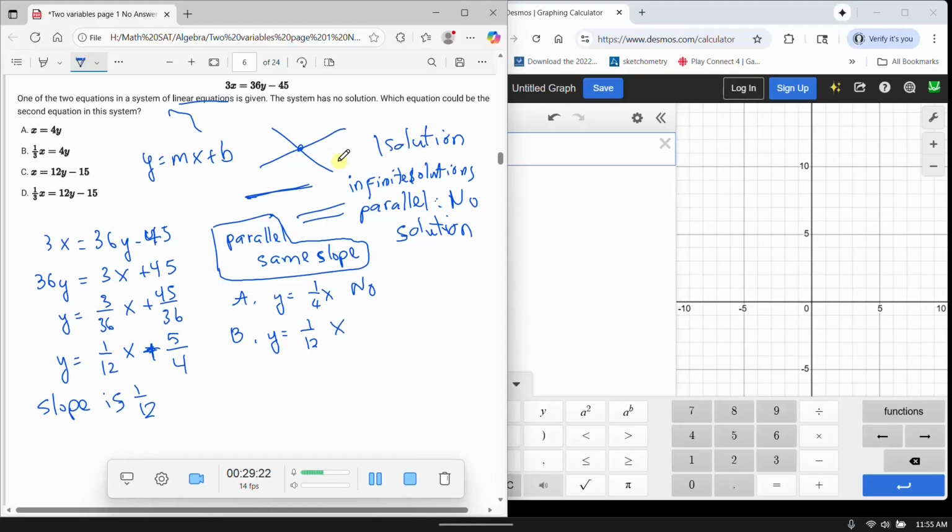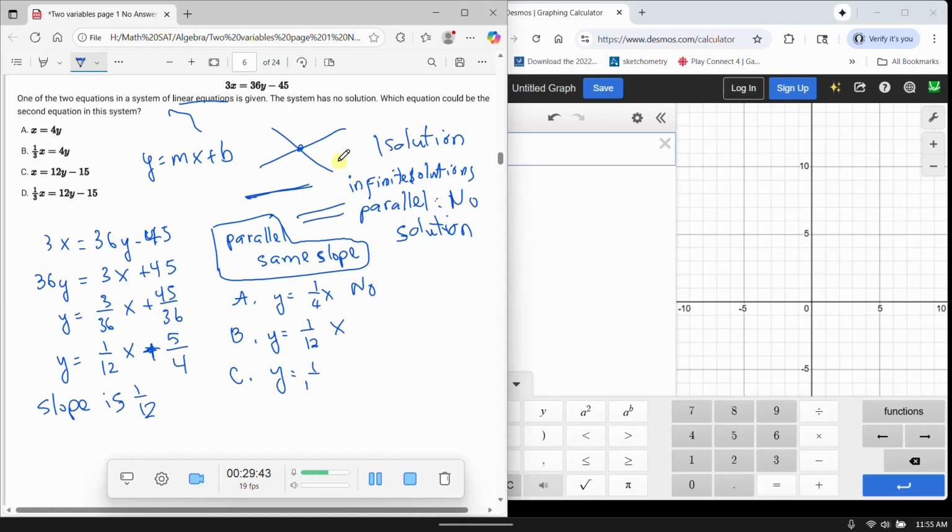So it is. That's the one. But let's go a little bit further to make sure. We flip that around, we're going to get y equals 1 over